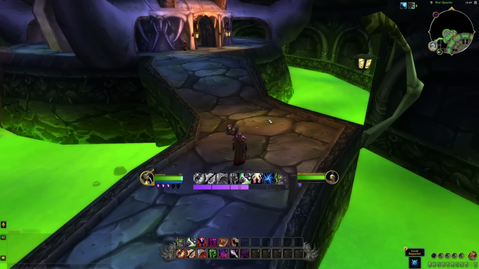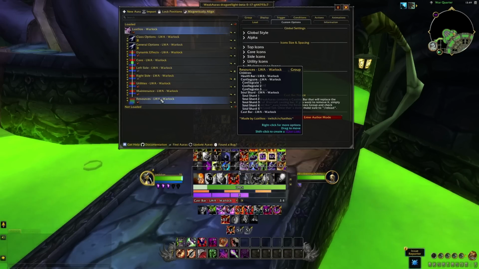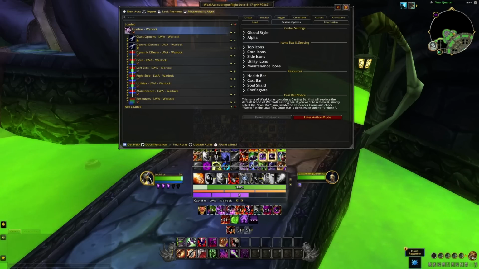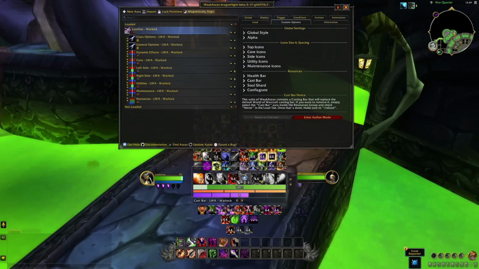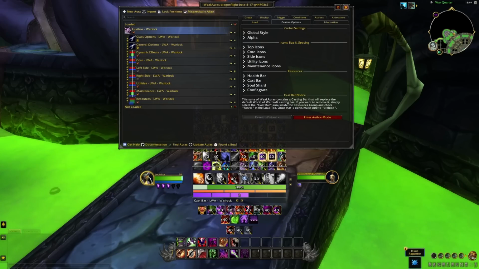So one more point I want to cover here is how to change the font. So that's a very popular question, and I want to answer that really, really quickly here. So the default font that you see on the ability right here is actually the default World of Warcraft font. So there is no way currently with the way the WeakAuras are set up to change this through the add-on itself. This can be changed though with using add-ons like LVUI or OmniCC, which are going to be able to